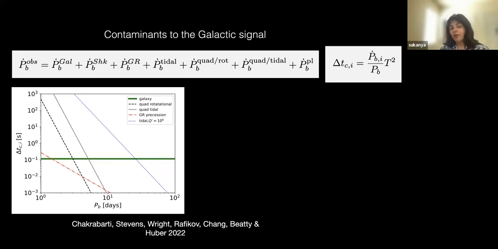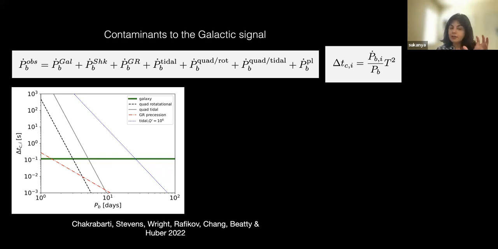So we have to calculate all of these dynamical effects and ensure that the shift due to these other physical mechanisms doesn't overwhelm the small signal that we're trying to measure. So the shift in the eclipse midpoint time is shown here for the ith dynamical effect, color-coded here, as a function of the binary period for these different physical mechanisms. They all produce a shift,